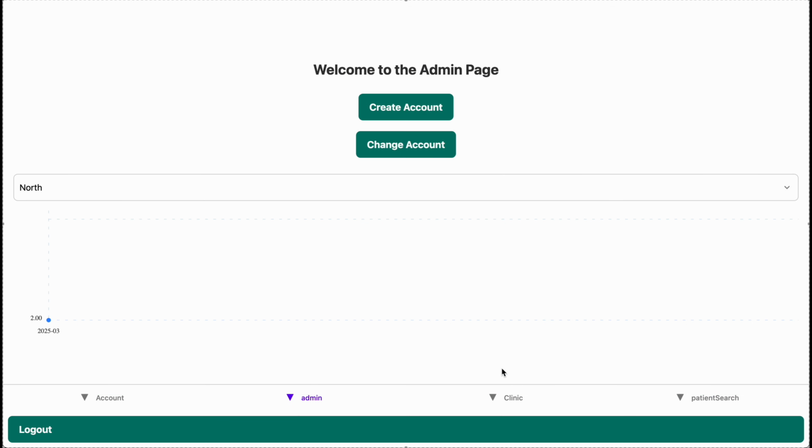So this is the admin main page. Here is a graph of the number of patients registering for a certain region. So you can see there's a drop-down menu. Right now, only patients who live in the north are registered, so that's the only option. But when you select north, you'll see that there are 2 patients registered in the month of